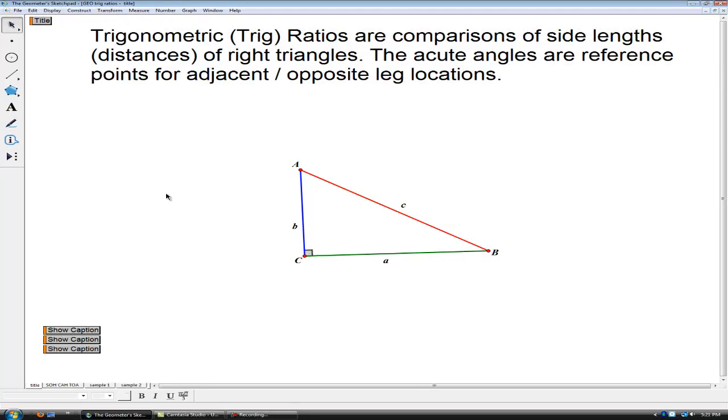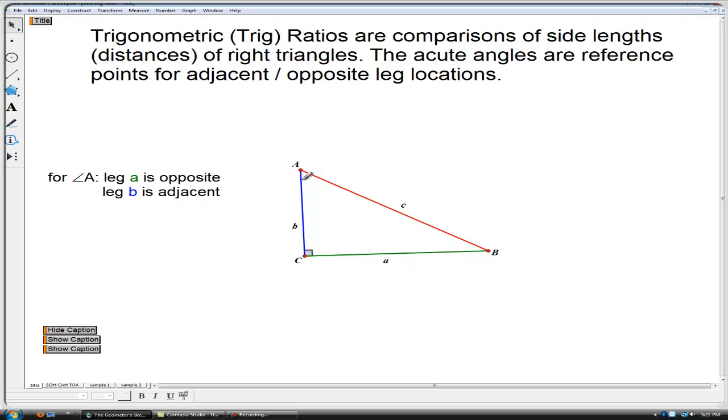And let's look at the title for the video. Trigonometric ratios. These are comparisons of side lengths of a right triangle. The acute angles are reference points for either adjacent or opposite leg locations. Let's find acute angle A. Here it is. When we are using angle A for our reference angle, we now have an opposite, and remember